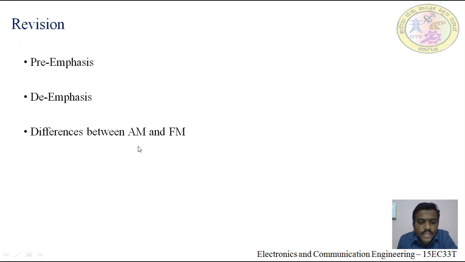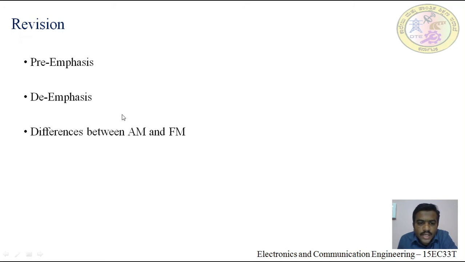The bandwidth of AM is very small. The bandwidth of frequency modulated signal is very large. Frequency reuse is not possible in amplitude modulation, but frequency reuse can be done in frequency modulation. The maximum amount of power is wasted in amplitude modulation, but the complete transmitted power is useful in frequency modulation. Signal to noise ratio is less in AM, but it is more in frequency modulation.